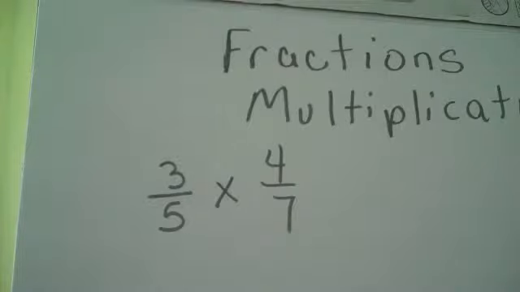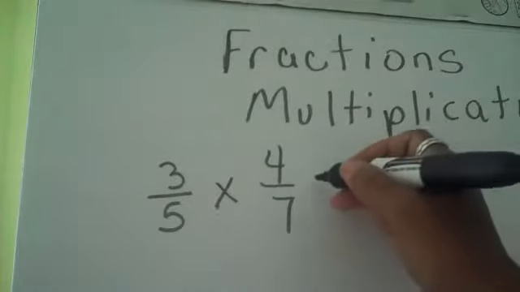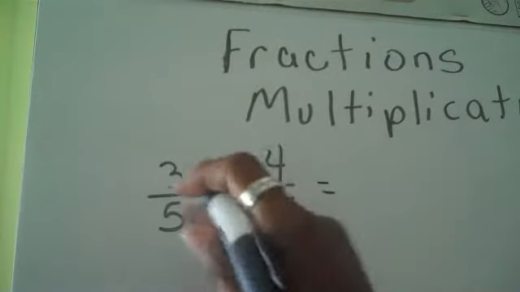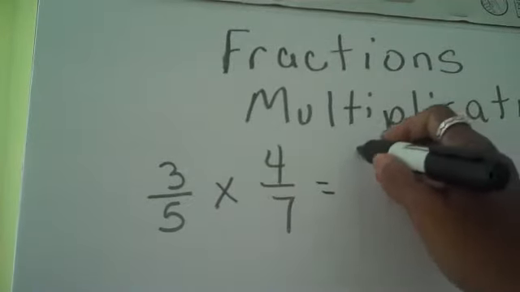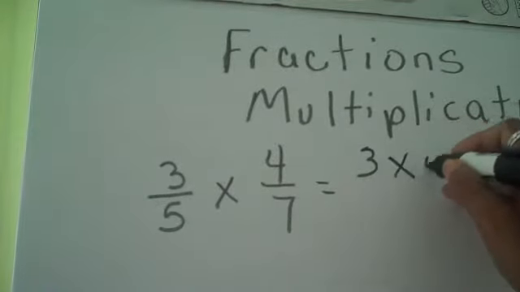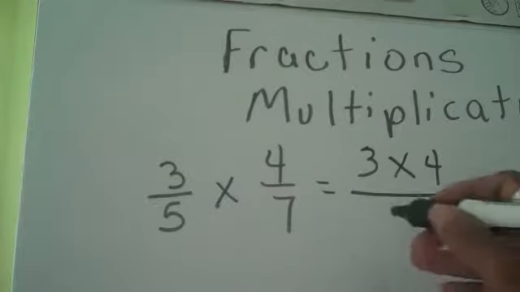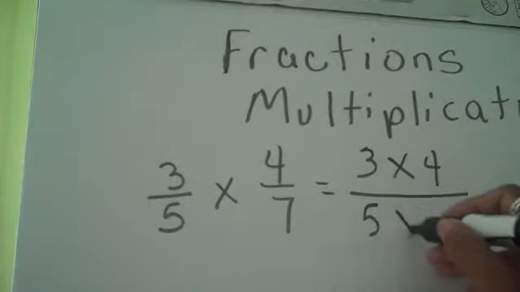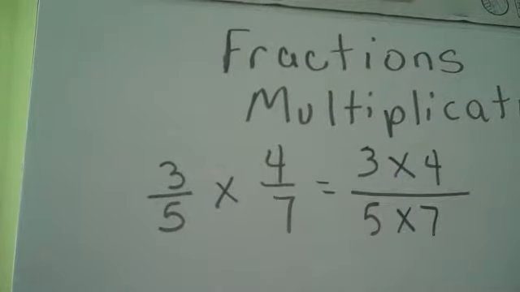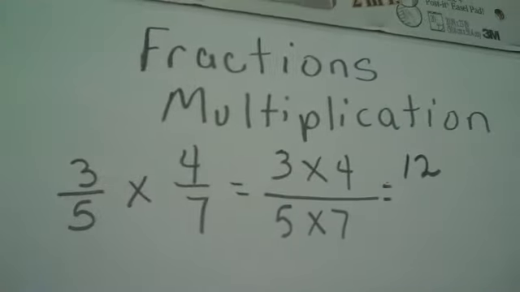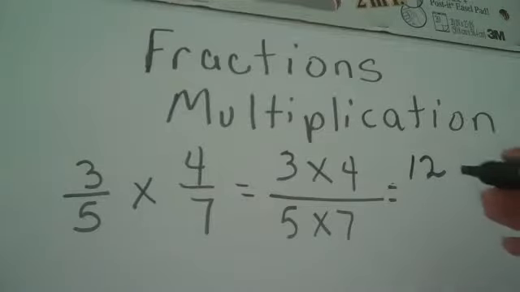When multiplying common fractions, what we do is simply multiply the numerators together. So that means we'll multiply 3 times 4. And then we will multiply the denominators together, which means that we'll have 5 times 7. 3 times 4 is 12. And 5 times 7